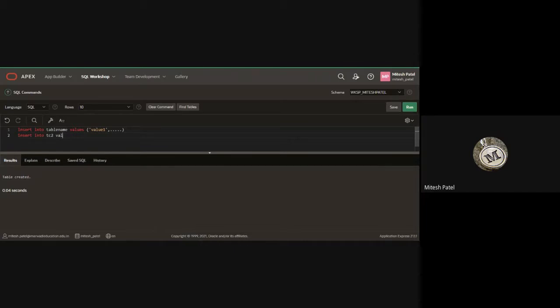Now, values you have to enter in a sequence. First, that is our roll number. Now remember, whenever we define the data type as a number, there is no need to type a single quotation. Let's say 10 comma my name is Mitesh, right? So this is our insert syntax. Now let me run. One row inserted.